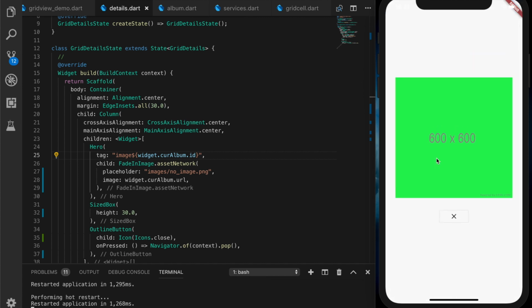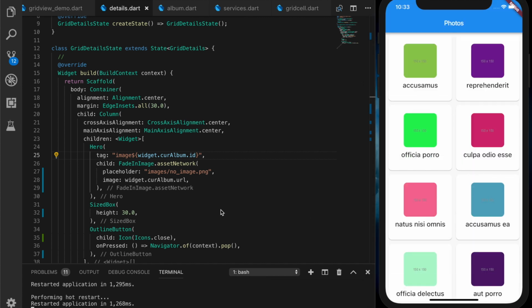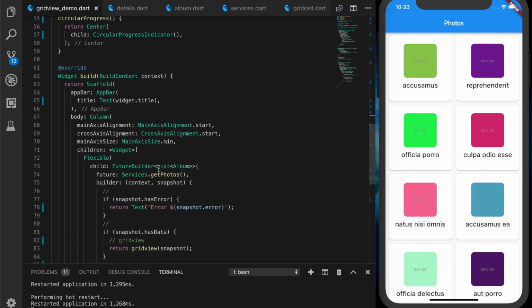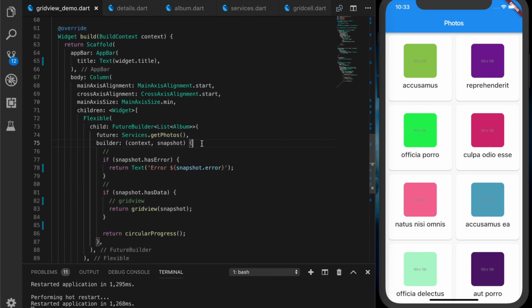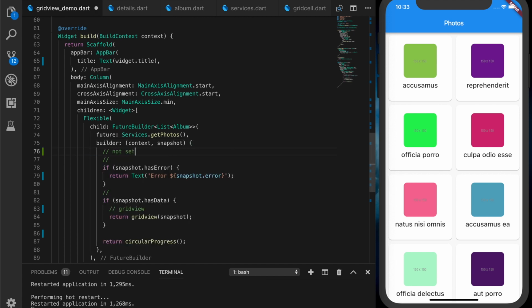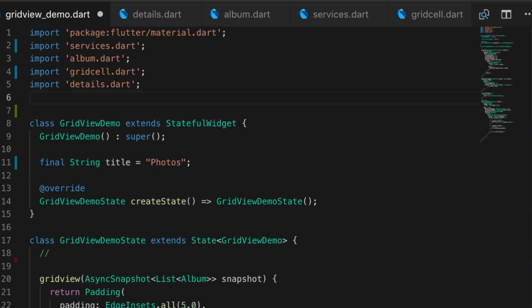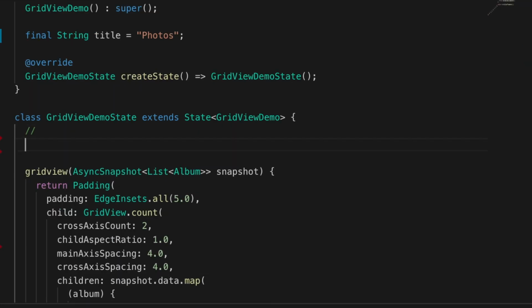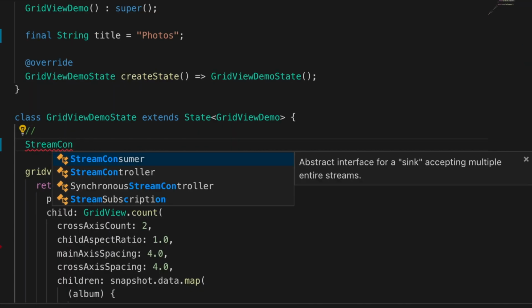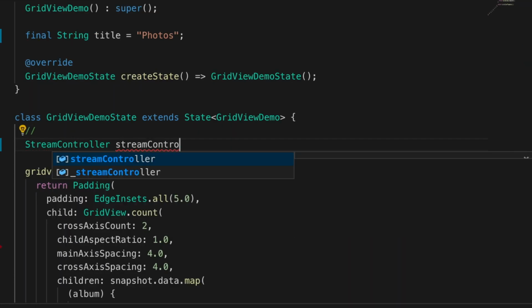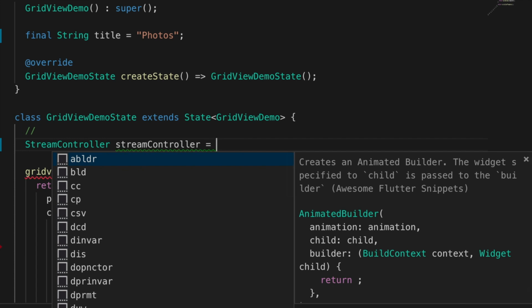Now the next thing we are going to do is show the number of records in the title. So we will get the number of records inside the FutureBuilder, but we cannot do any setState there because it will trigger the UI and you will end up in a loop. Alright, so don't do that. So instead of that, we will use the StreamController. So import the async package